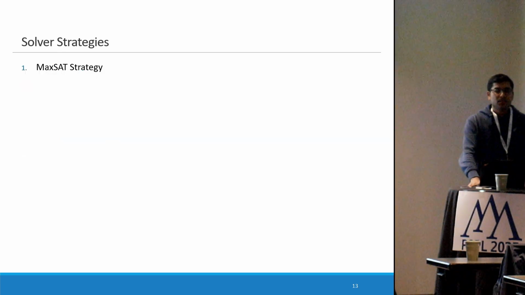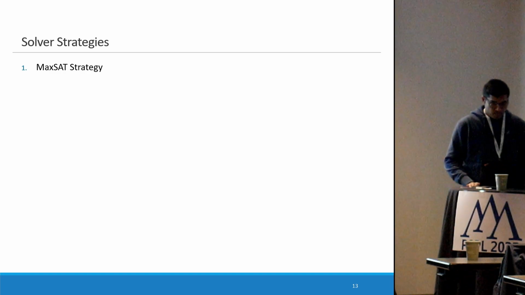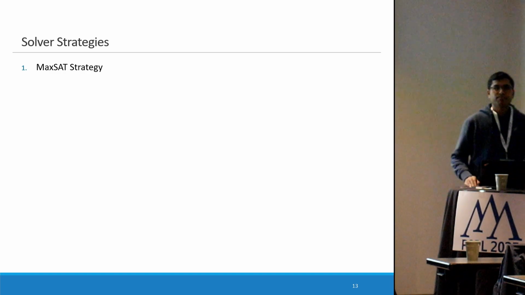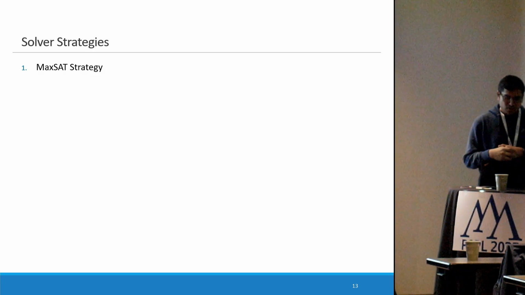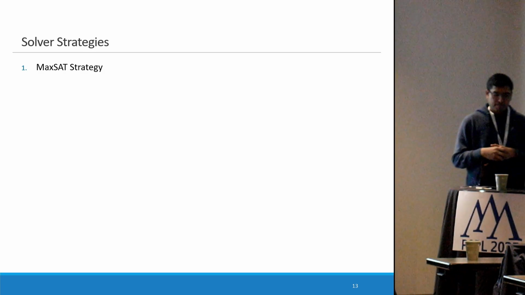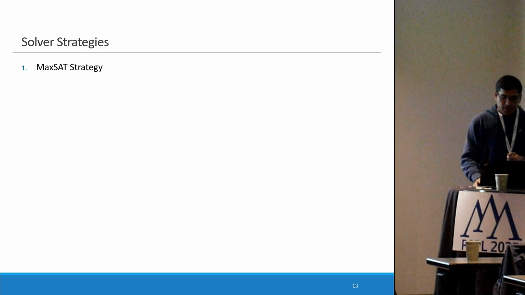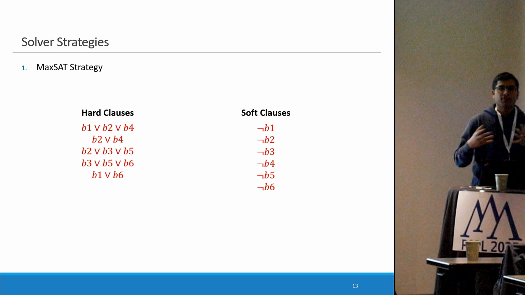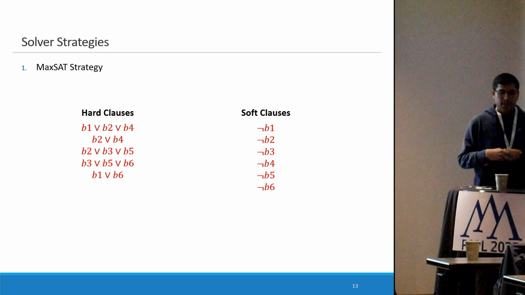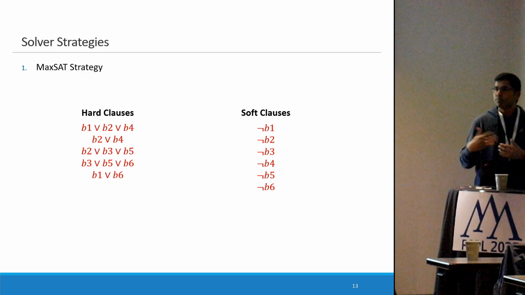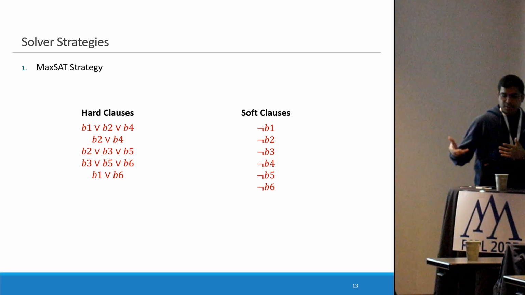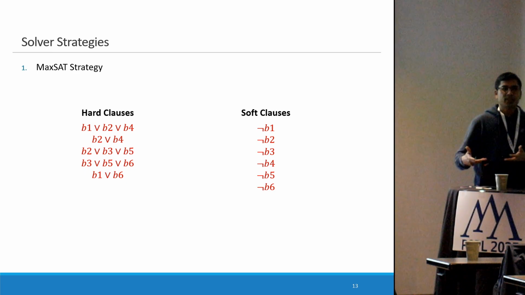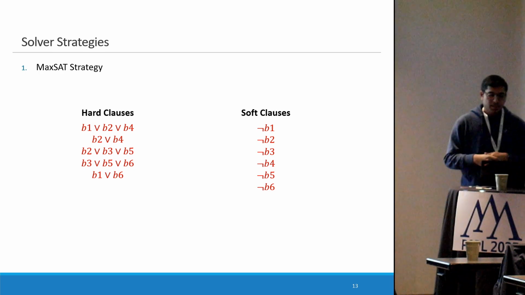So going into the strategies, we apply two strategies in finding the solution to the problem. The first one is maxset. We use maxset to solve it. Let's say we have 5 data races in the program, and let's say there are 6 shared memory accesses in the program. So if we have 6 accesses, we will have 6 Boolean variables, or barrier variables, and